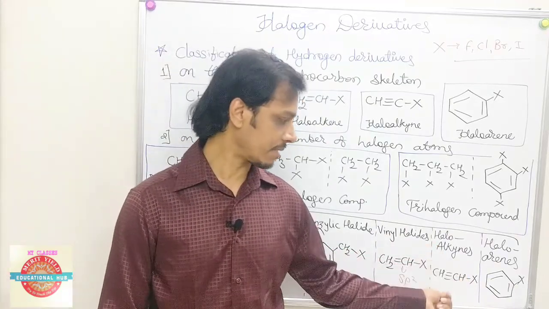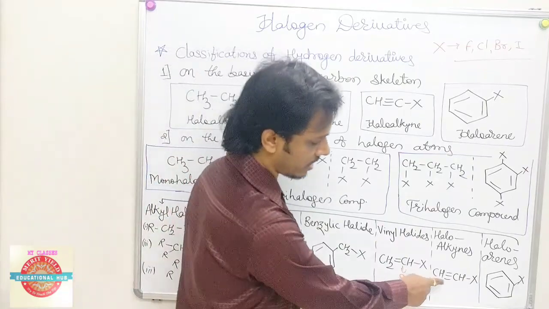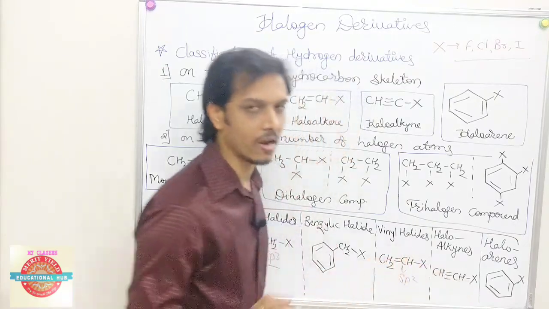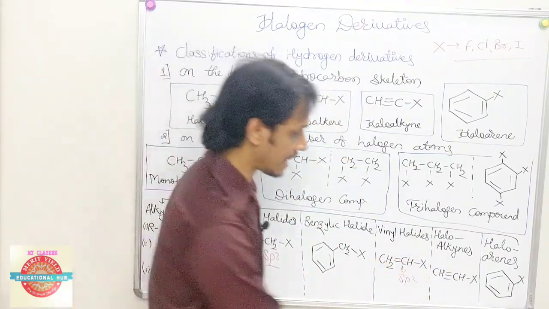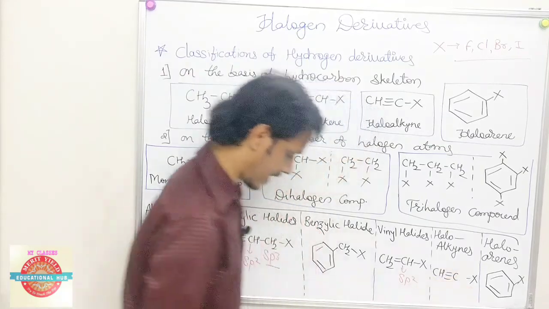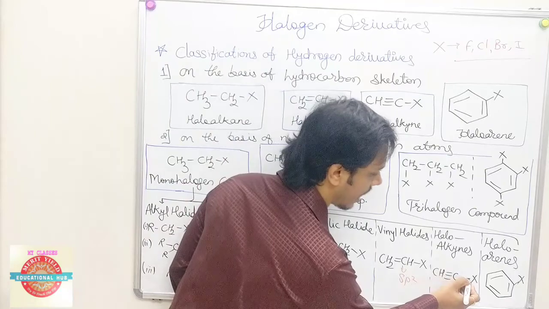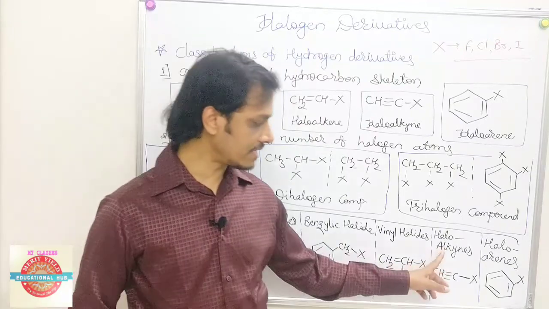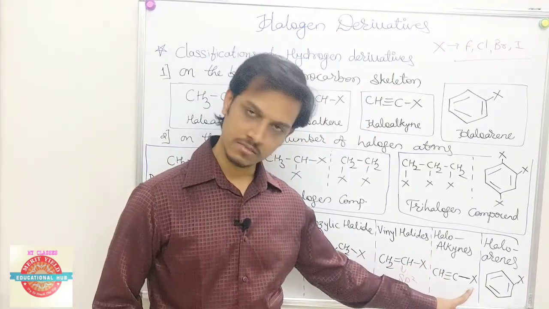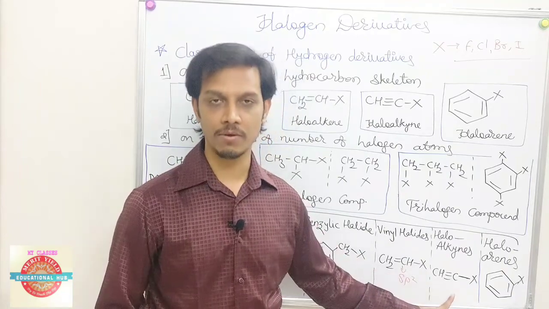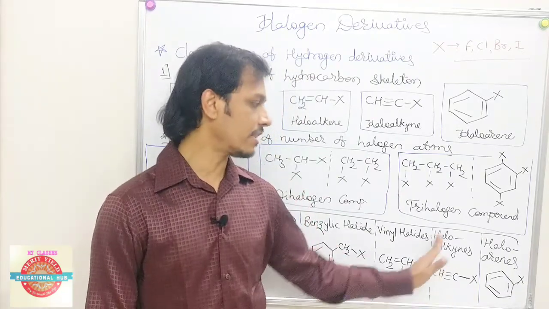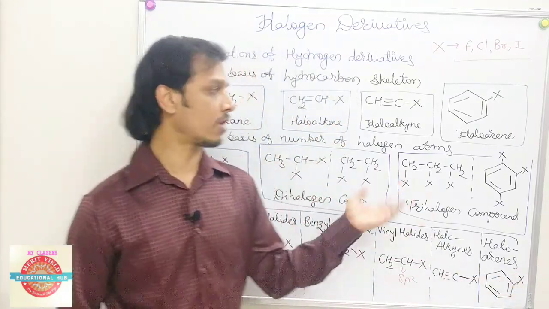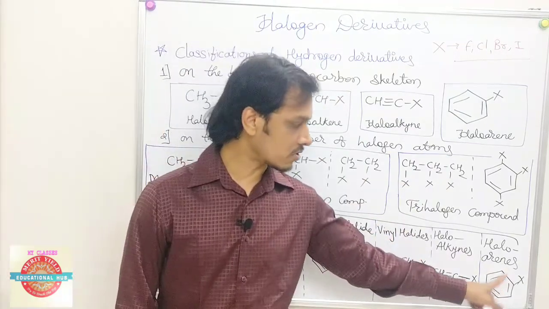Next, haloalkyne. You can see alkyne means triple bonded system. So here is the mistake. You need to remember, I intentionally did it. Here 1, 2, 3, 4 and 5. 5 bonds cannot be occupied by the carbon atom. That's why this H must be removed. Try to understand. Here the system, now it is satisfying. Now it is well satisfying. Okay, so if haloalkynes is there, so C is bonded to X, means if X, that is halogen, is bonded to a carbon which is directly a triple bonded carbon, then it is called as haloalkynes. And finally, if X is bonded to an aromatic system which follows the Huckel's rule, then that is called as haloarenes.